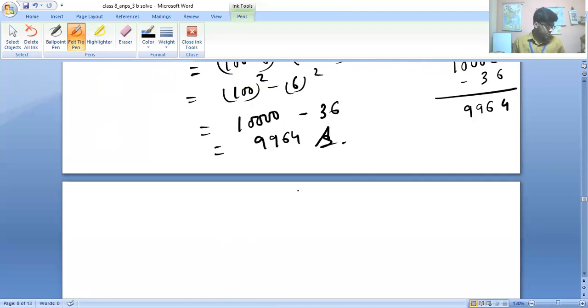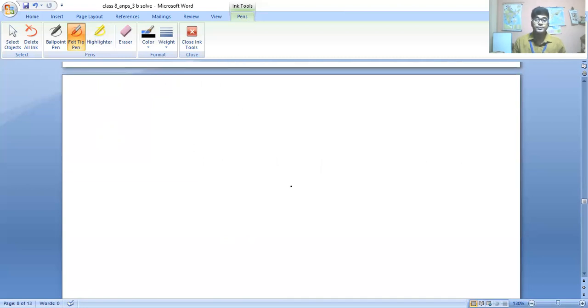Let us do question number 12. See, question number 12 is fill in the blanks. We'll just do the answer right away. The square of an even number, we already know the answer. The square of an even number is even, right? Question number 2, the square of an odd number. Again, the square of an odd number is odd. We have learned this in property 3.